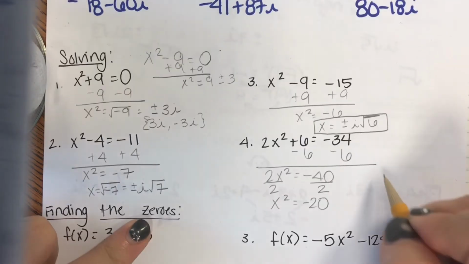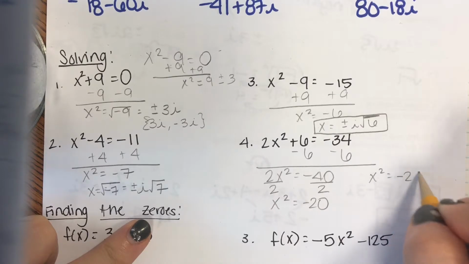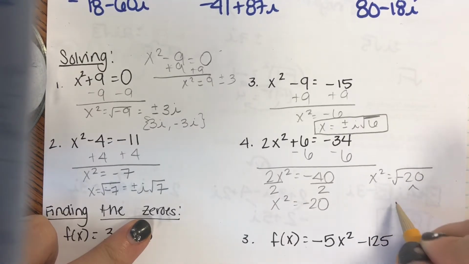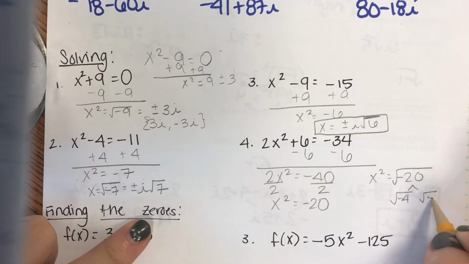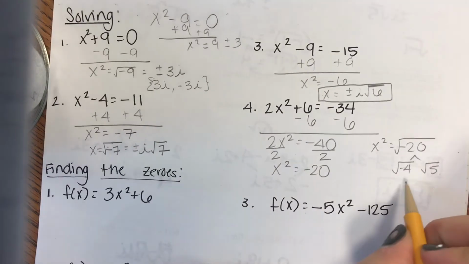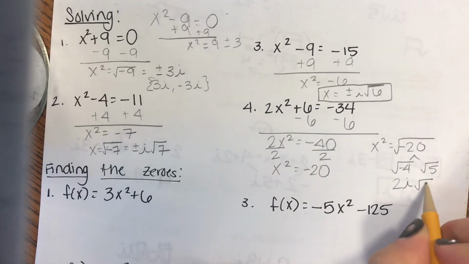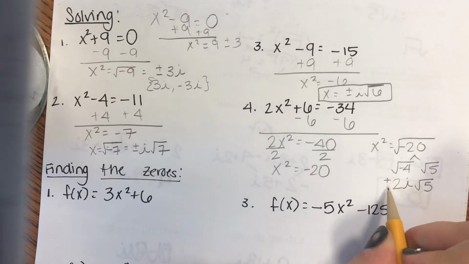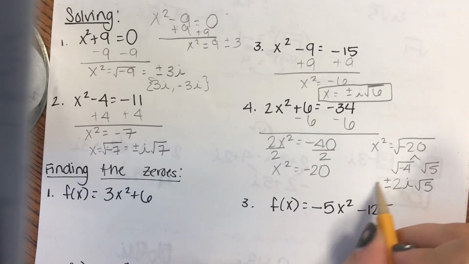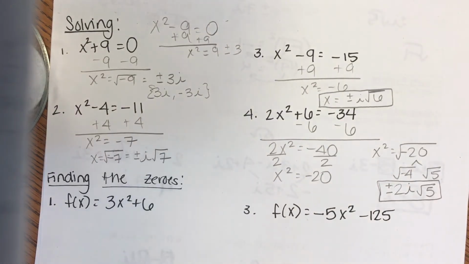Do the same thing, you need to take the exact square root of negative 20. This you can break down into root negative 4 times root 5. The square root of negative 4 is 2i. The square root of 5 stays as root 5. And both of these answers, you have a positive and a negative answer. So x could equal either of these two. Okay? The second part on the bottom,